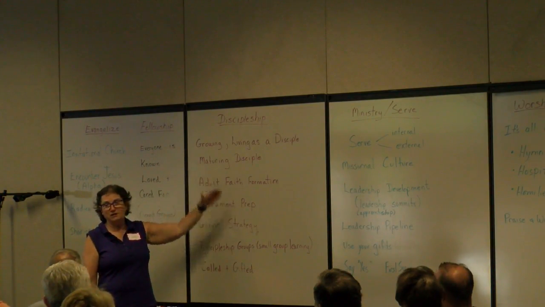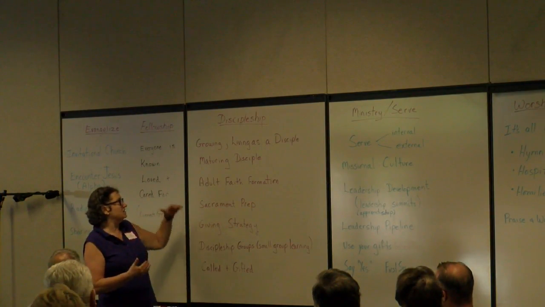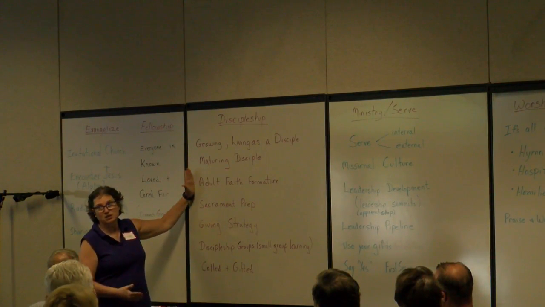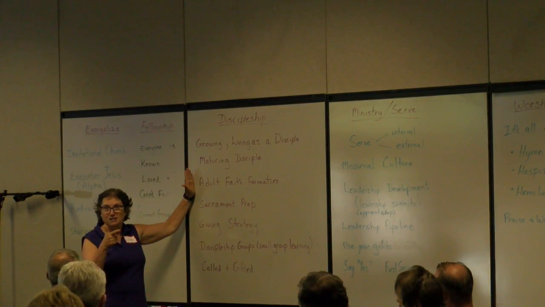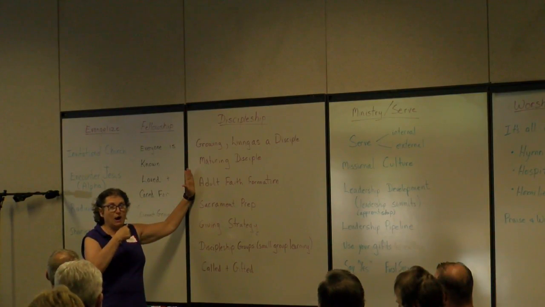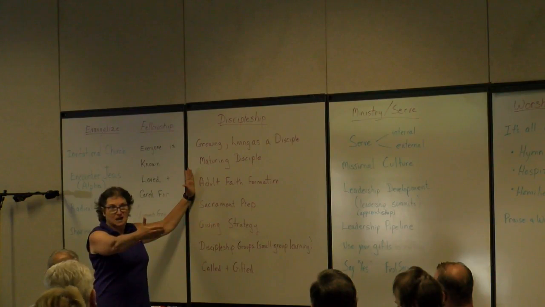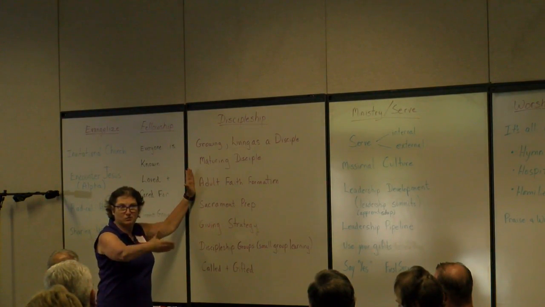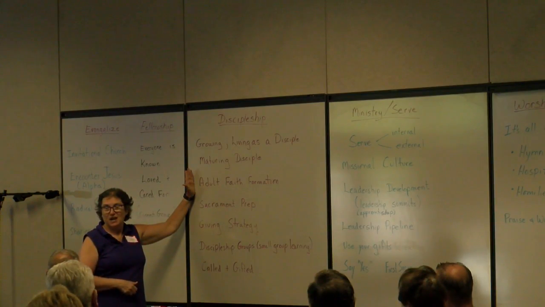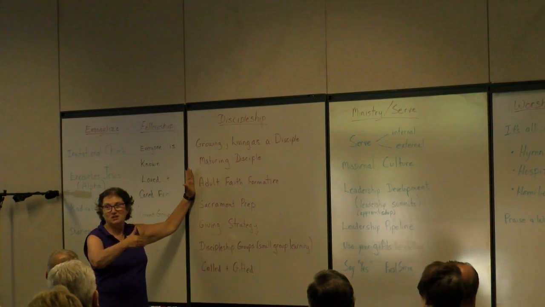We went round and round and round. What was discipleship? What was in? What was out? The gist of it is adult faith formation. I came out of Alpha, and I now have a relationship with Jesus. And now I want to continue to grow and form as an adult. Guess how much money we were spending on adult faith formation? None. Right. How much do you spend on children's faith formation?